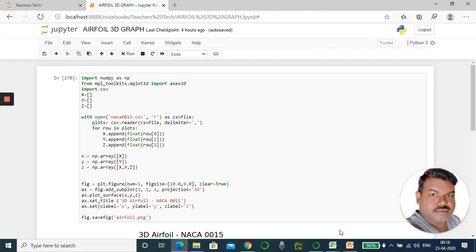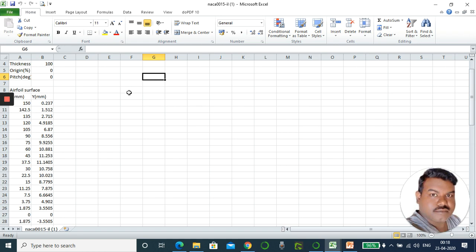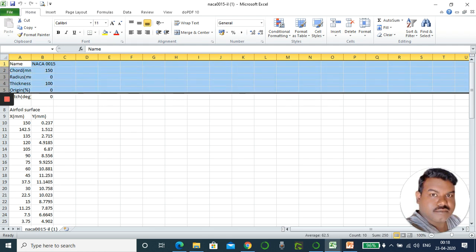If we see the CSV file, once we save this file here, the next step is I will delete all these particular rows, sorry, columns.